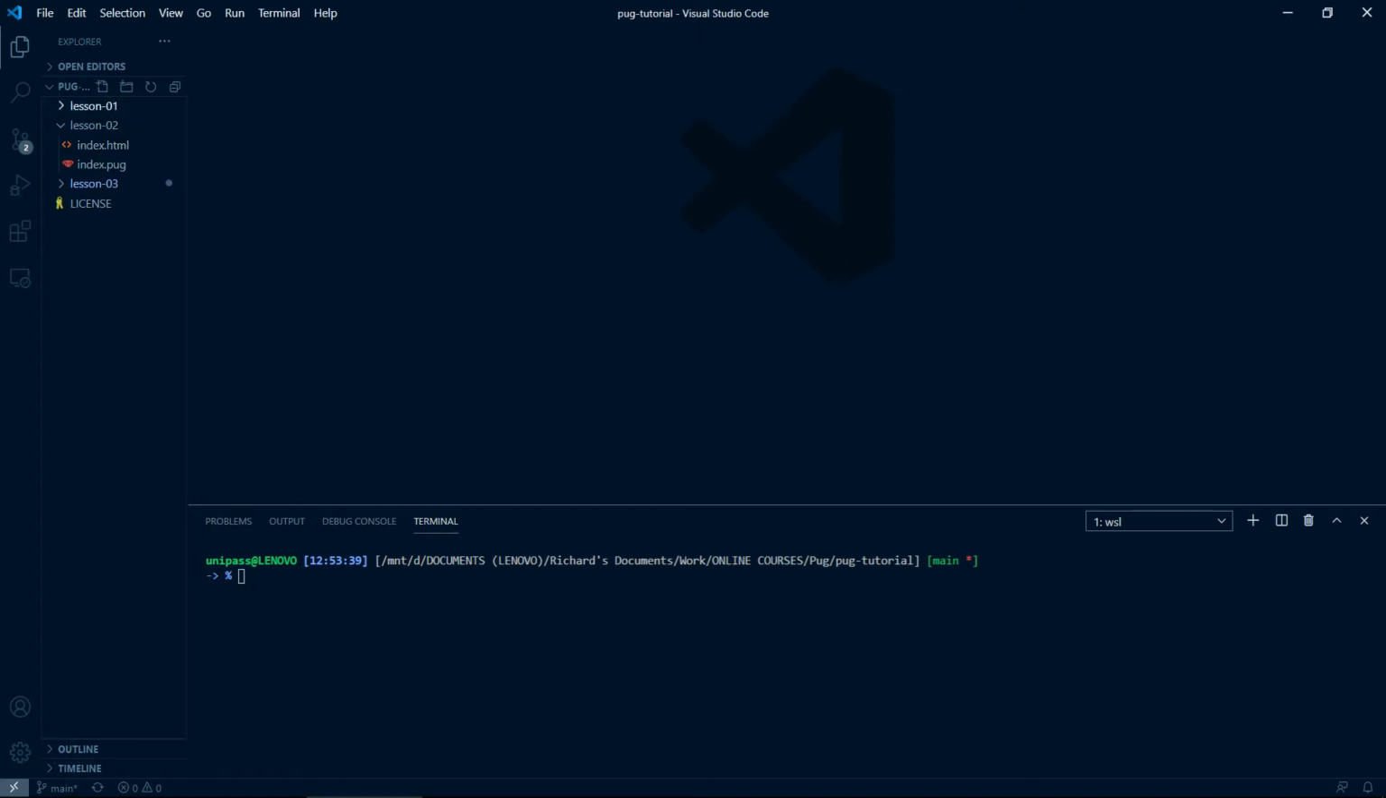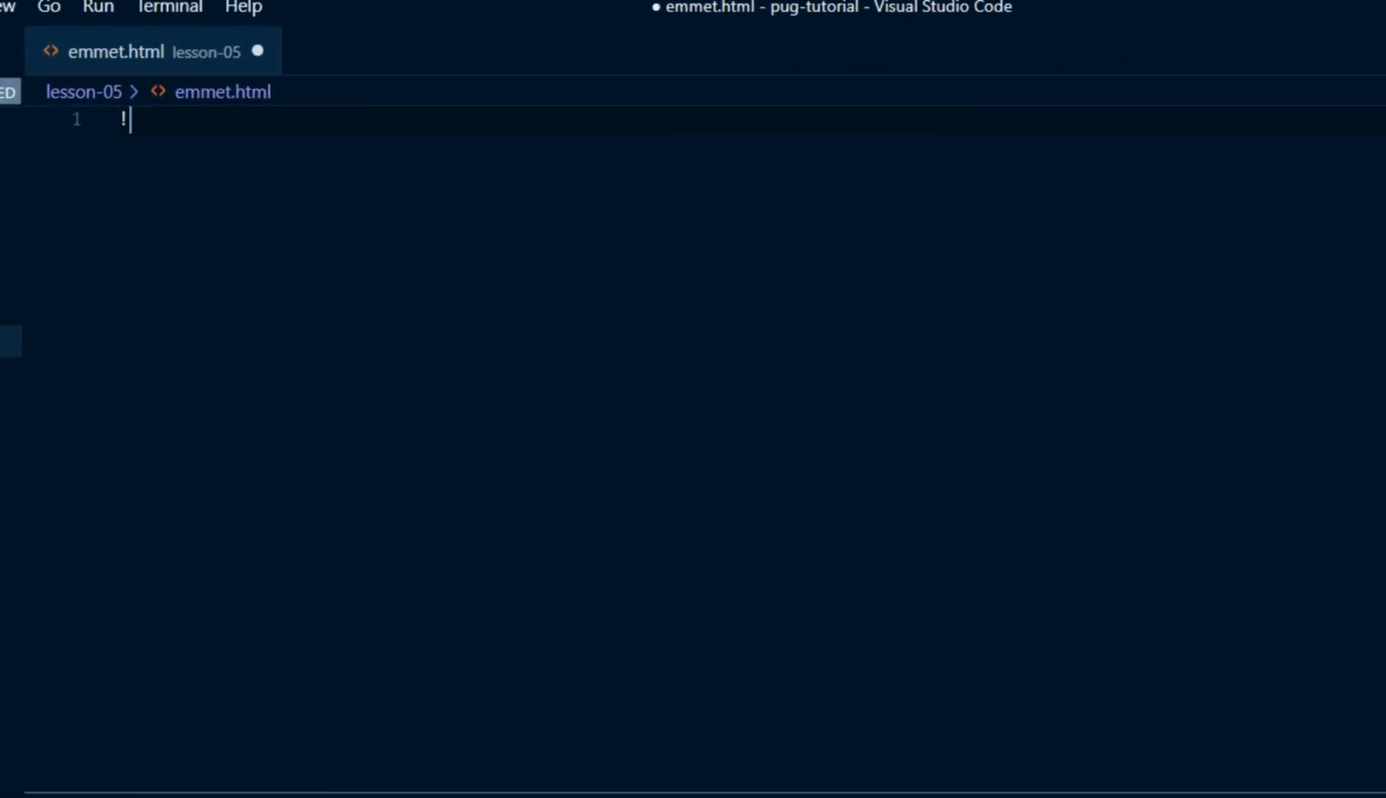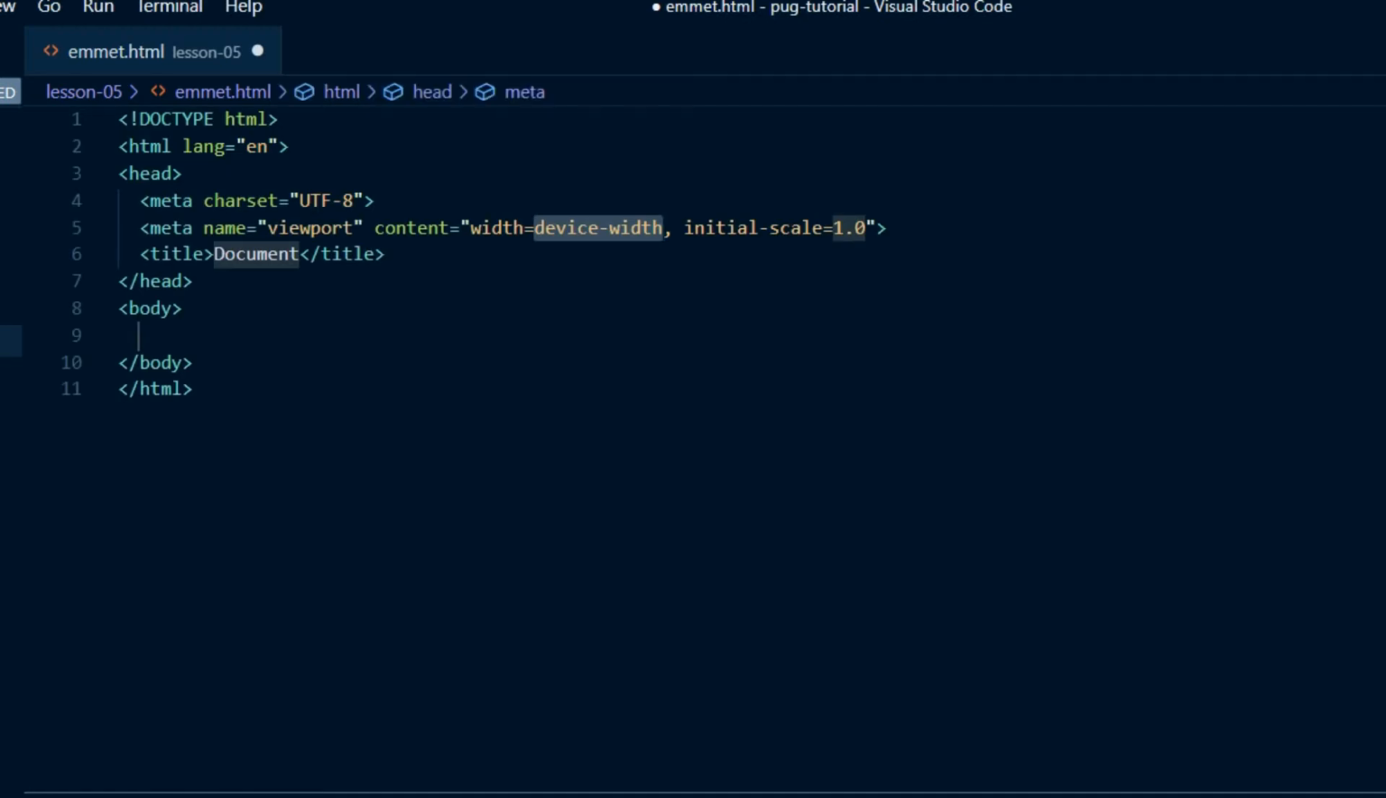Make a new folder inside your project folder, name it Lesson 05, and inside it create a new HTML file and name it emmet.html. Save it. The first, and possibly the best, Emmet abbreviation of all is to type an exclamation mark, and press Enter, and you get the whole boilerplate code for a new HTML5 document, including the long and hard-to-remember viewport meta tag we